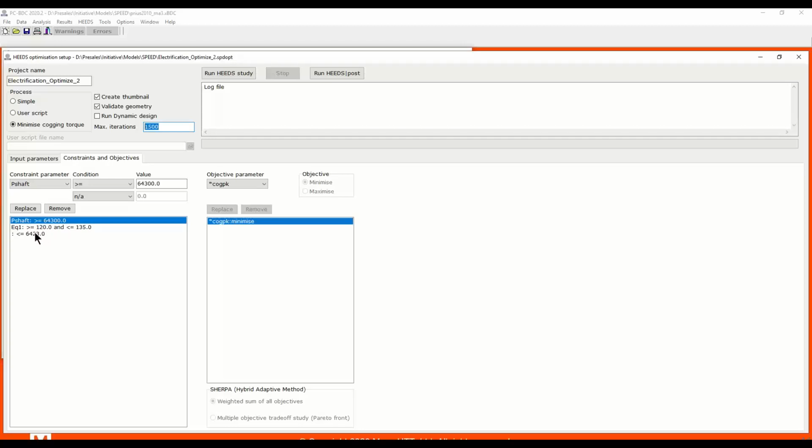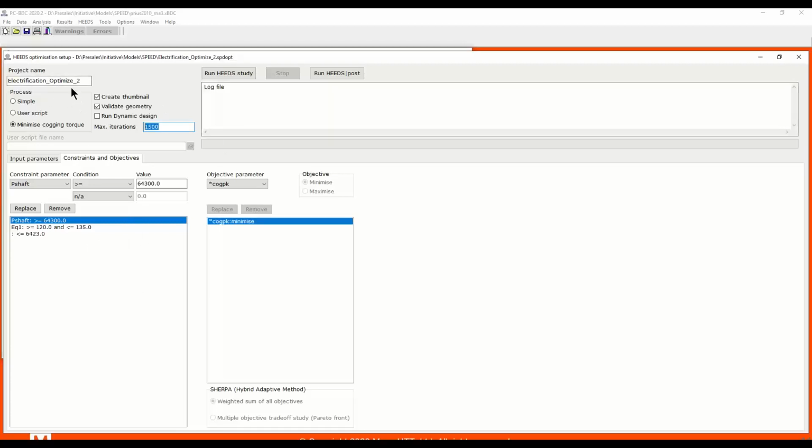The back EMF should fall between 120 volts and 135 volts, because if we're reducing the magnet volume, we have to make sure that we're still operating in the range for the electrical drive connected to the machine. And at the same time, if we reduce the magnets too much, we put ourselves at a higher risk for demagnetization, because with the magnets being thinner than they should be, we risk demagnetization.